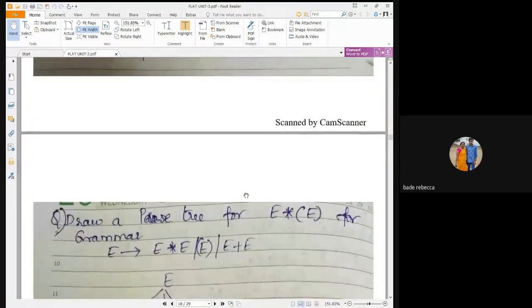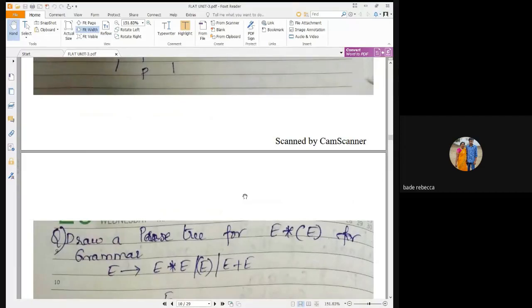Now you solve for this grammar. Draw a parse tree for E star, open parenthesis, E, close parenthesis. This is a special grammar in which we don't have any terminals; here the grammar ends up with the variables part only. Is it clear?